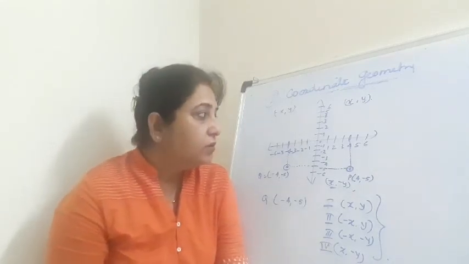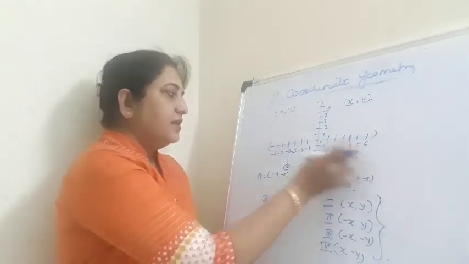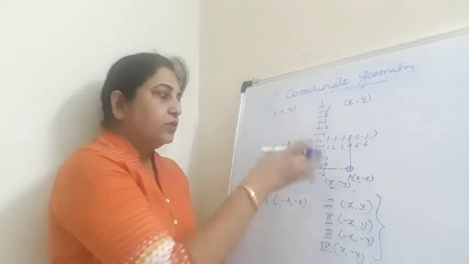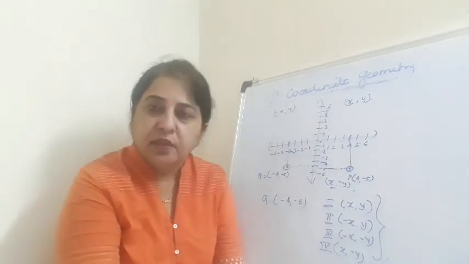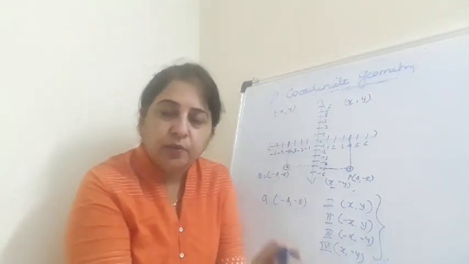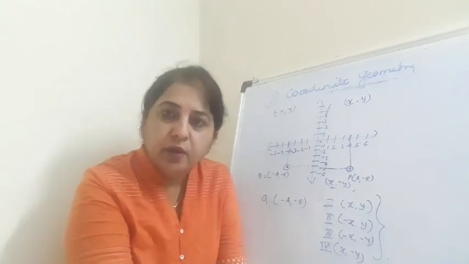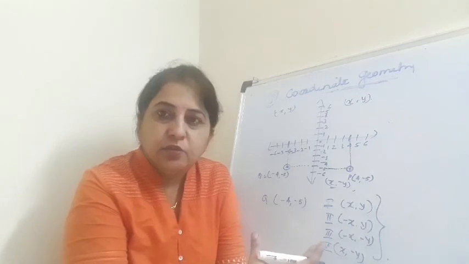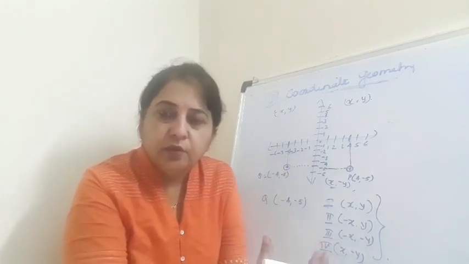Okay, now you also should know that this is a positive side, this is a negative side, positive side, negative side. And when you know how to draw a Cartesian plane, it will be easy for you to understand how to plot a point, or in which quadrant you have to plot a point. Okay, now you can start with this new chapter, and any doubt children you can ask me.